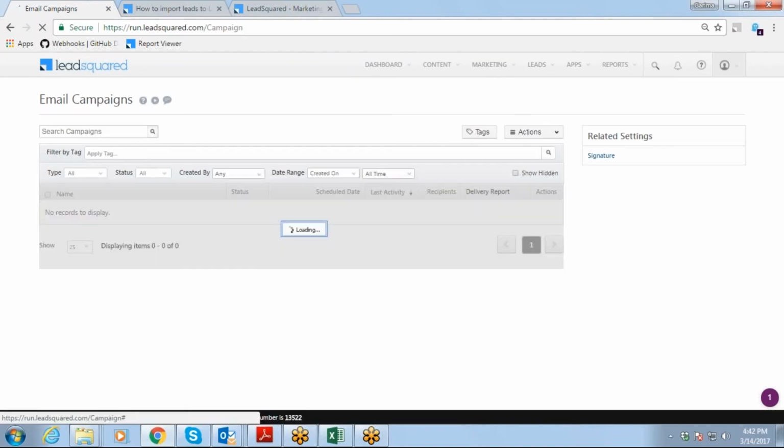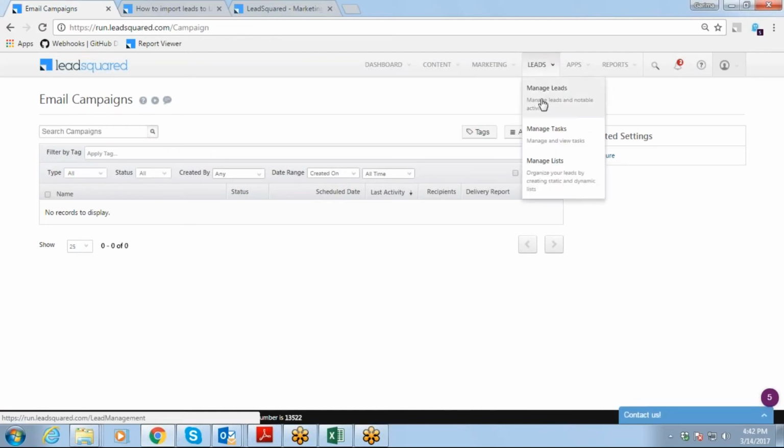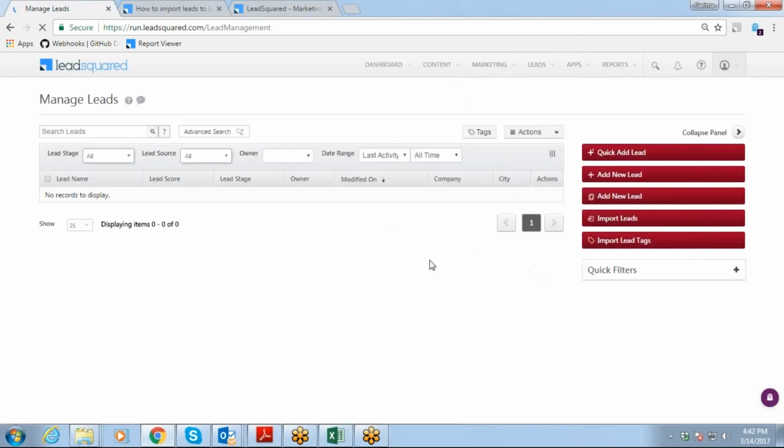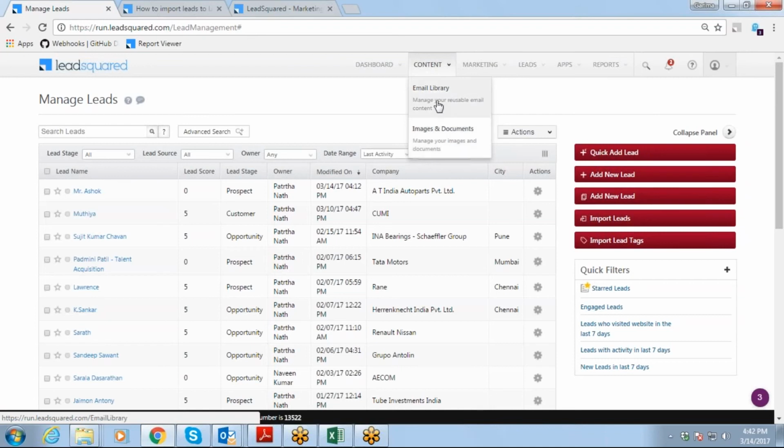See, this is in LeadSquared. We have given permission only for marketing users, and you have an account of a sales user. So if you want to send emails to your leads, don't go for this marketing tab. You can send one-on-one emails. You create an email, go to this content, create an email library, and upload your images and documents here.